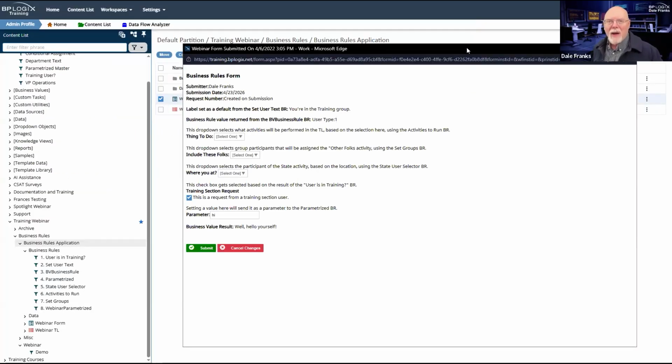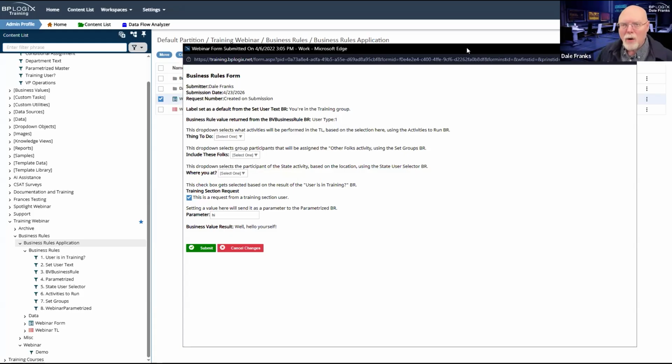So I have a form that is going to, based on what I select, implement or guide the implementation of several business rules. In some cases, it sets a value on the form. In other cases, it either decides whether a timeline activity is going to run, or it decides who is going to participate in a timeline activity.